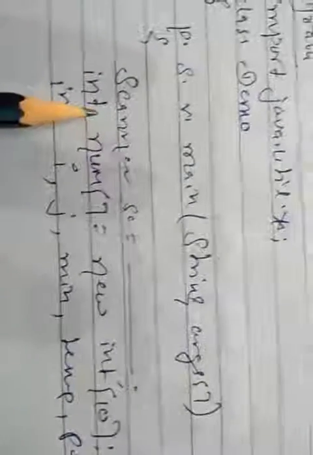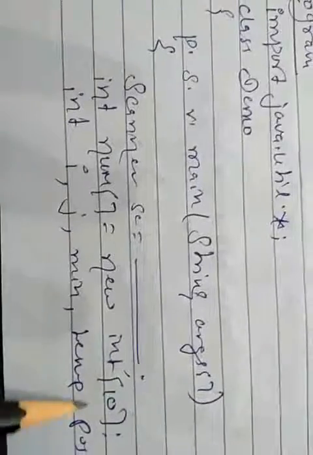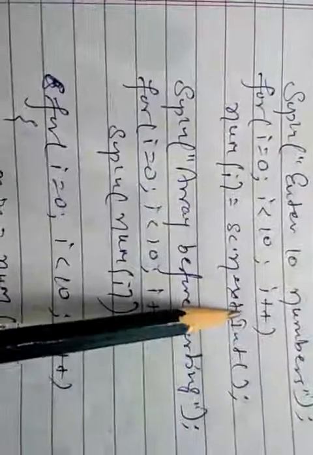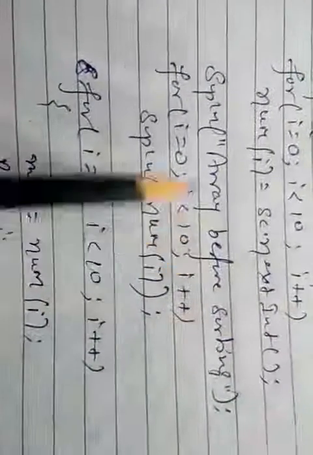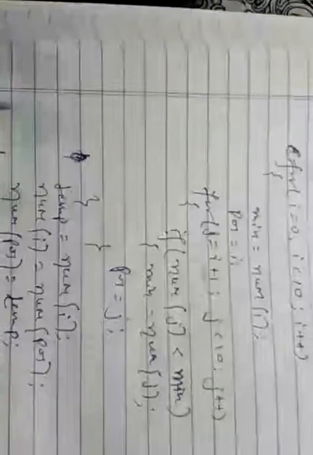In the starting, up to the input, this will be the same as the bubble sort. Here we are taking the size of the array as 10, and i, j, minimum, temp and position. Enter 10 numbers. So here this is the input statement for entering the values in the array, and here we are printing the array before sorting. So the original array will be printed, and this is the code of exchange selection sort from here to here.